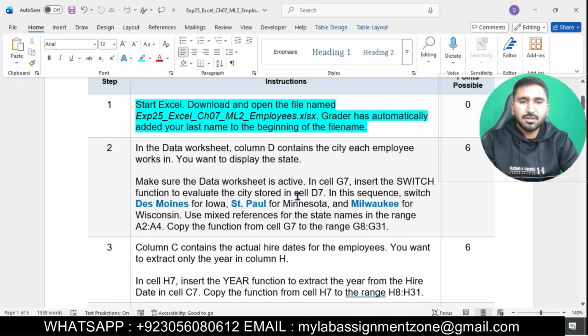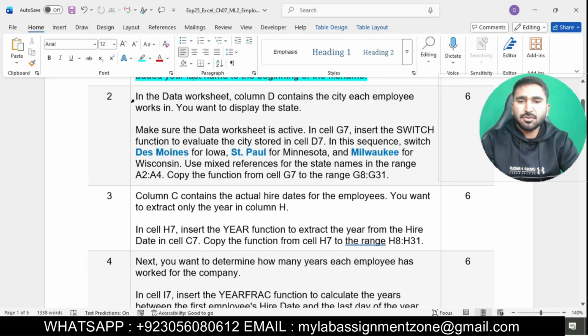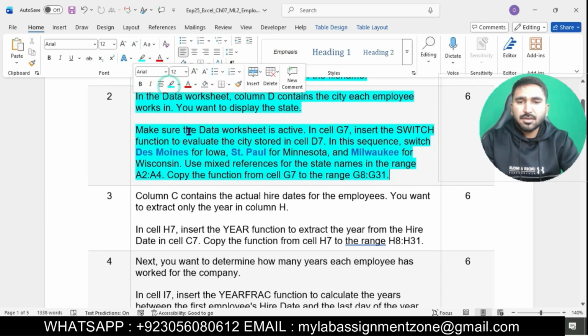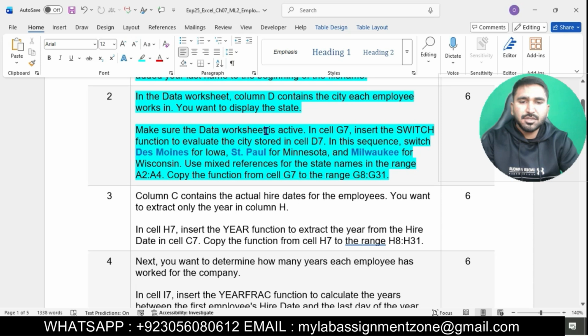Next is question number 2. Question number 2 is that in the Data worksheet, column D contains the city each employee works in. You want to display the state. Make sure the Data worksheet is active, and in cell G7, insert the SWITCH function to